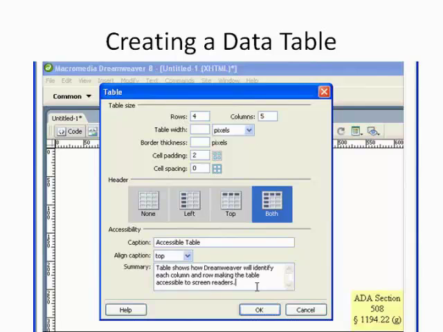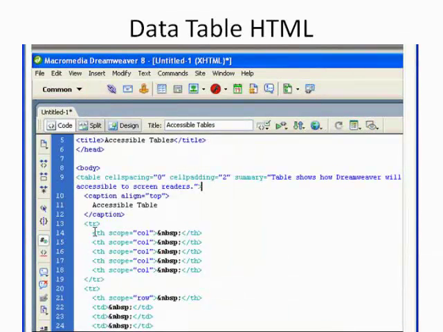And here is some of the code behind the scenes that will create that page. Notice the use of the scope tag.